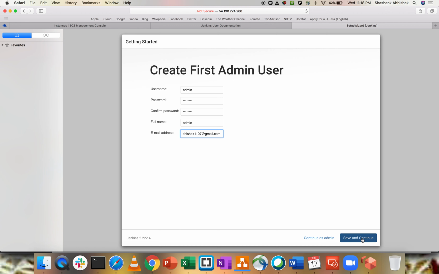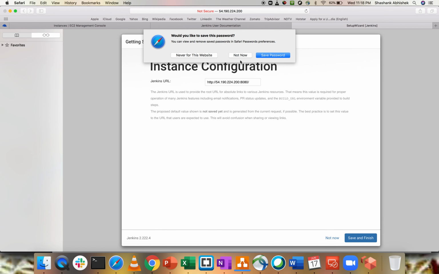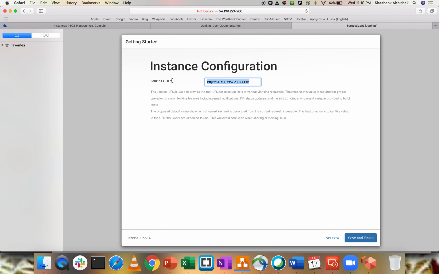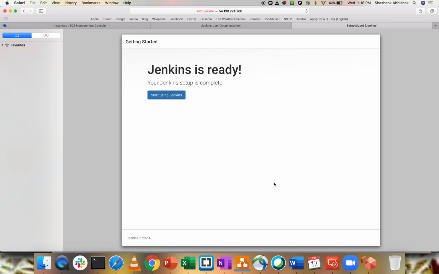Save and continue. So your first user has been saved. This is your Jenkins URL which we have browsed in our browser. Save and finish. Start using Jenkins.